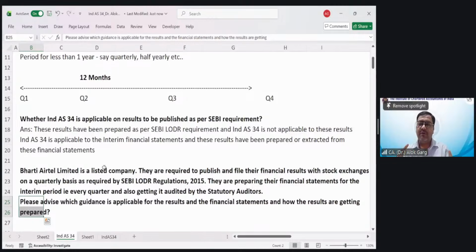In limited review, the auditor is providing a negative opinion. Negative opinion does not mean a negative opinion. The auditor says that nothing comes to my mind which makes me believe that these financial statements are not on a true and fair view. मतलब मुझे ऐसा कुछ नहीं मिला जिससे मैं ये समझूं कि फाइनेंशियल स्टेटमेंट ट्रू और फेयर नहीं है. नेगेटिव ओपिनियन, राइट? नेगेटिव डज नॉट मीन नेगेटिव, मीन्स उल्टी तरीके से बोलते हैं.